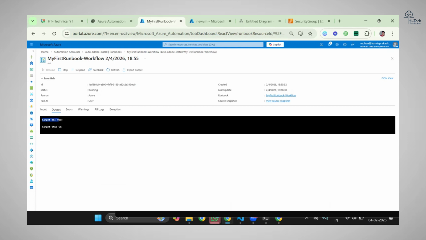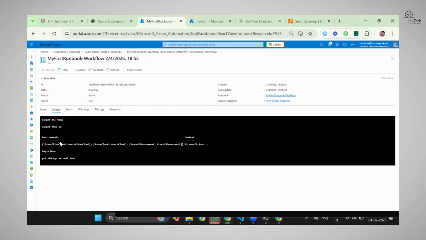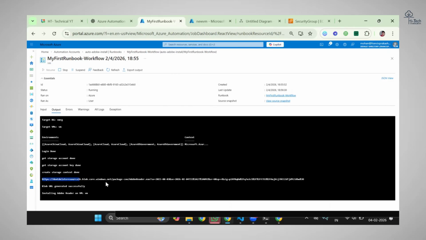Okay, so now the target. Okay, so this is the target resource group and this is the target VM. And here the login is done. Okay, here the login is done and the permission we have added to this Azure automation account. So just wait. So here it is running. Yeah, it's just getting the storage account details. Yeah, so I just got the storage account